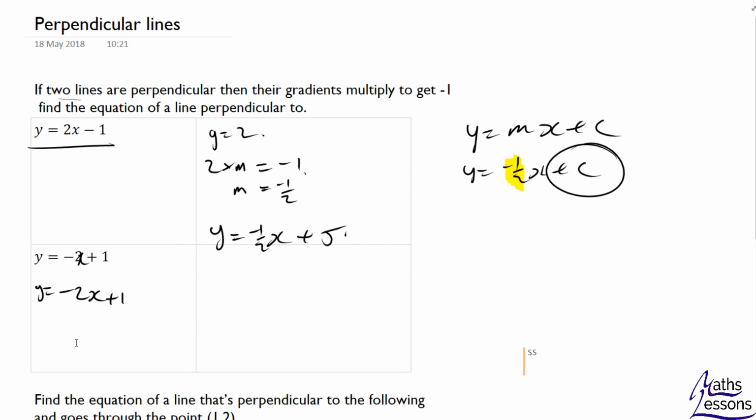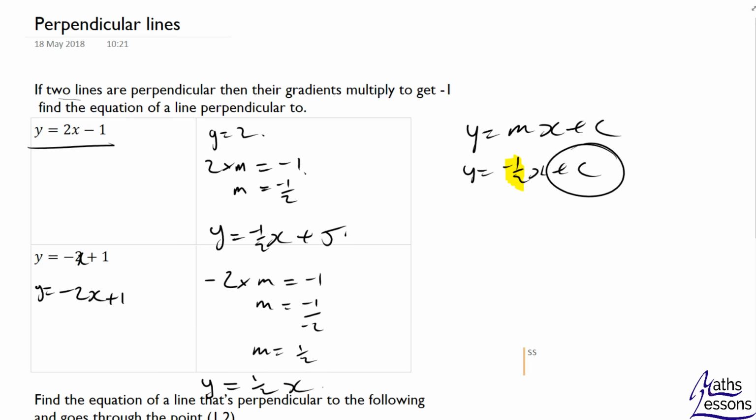Okay, so we know that minus 2 is the gradient of this line here. And we know that times the gradient of the line we're looking for must equal minus 1. Therefore, m will equal minus 1 over minus 2. And minus divided by minus gives us a plus. So the m value will equal a half. So the equation of our line will be y equals a half